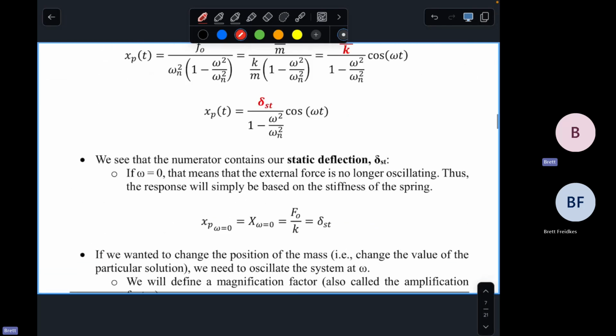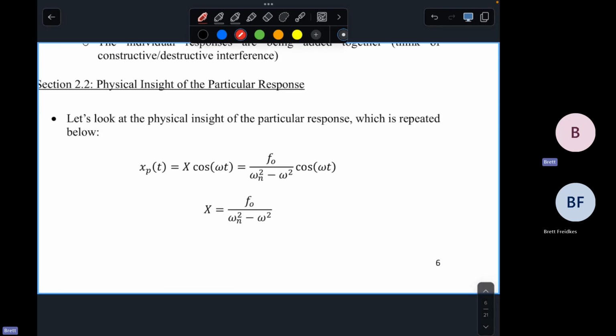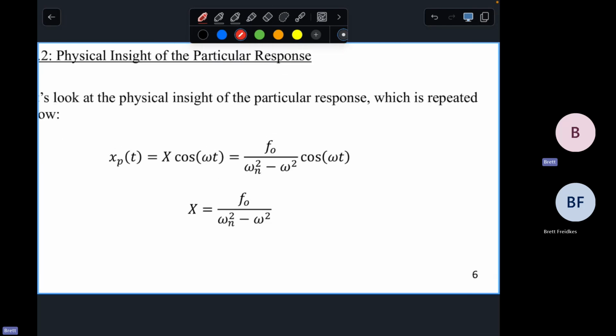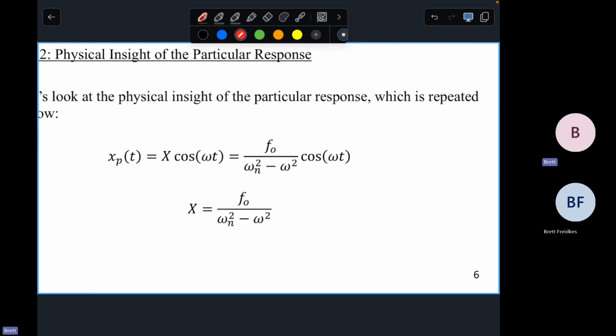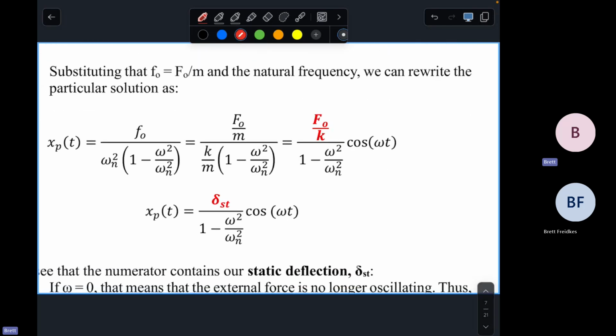So, some physical insight. The first thing we note is that if we're just looking at the particular response, and this is the amplitude, we want to investigate how this amplitude changes as a function of the driving frequency omega. So if we were to first do a little bit of math and write this in terms of a frequency ratio,